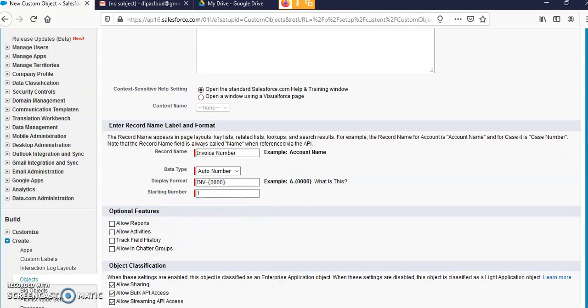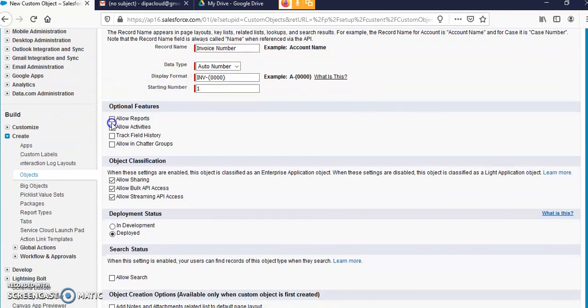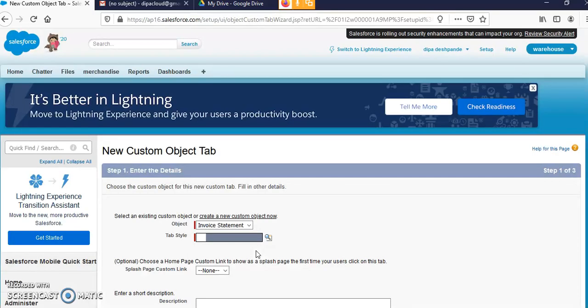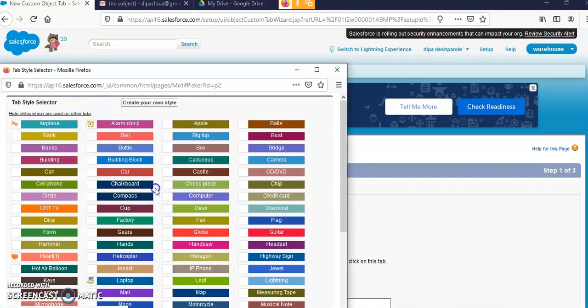In the optional features you can click on Allow Reports. After that, in the object creation options, you can launch a new custom tab, so you will find the new custom tab. You can save this. If you want, you can select the tab style.